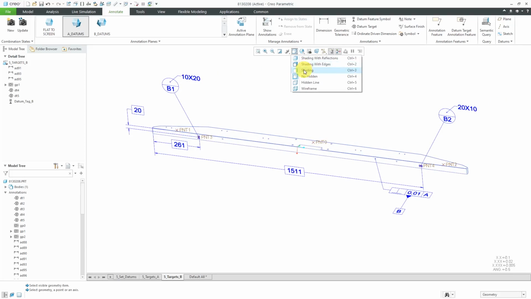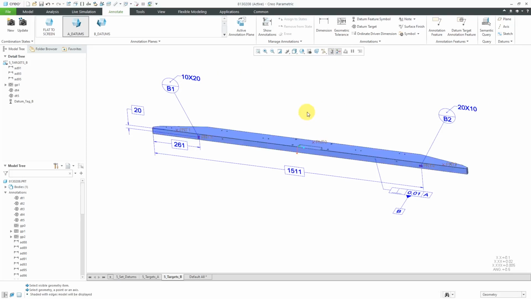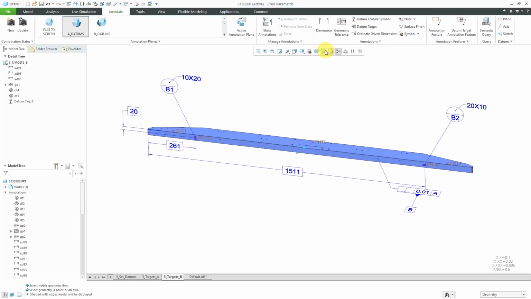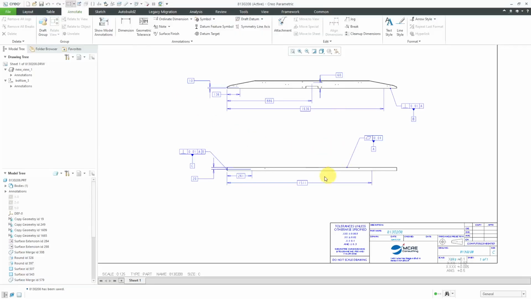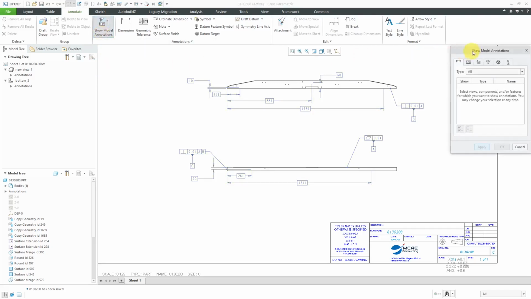Let's go back to our shading with edges mode in here. I'm happy with that. Let's turn off our datum point display. Now we can show these on a drawing. So I have a drawing already started out over here where I have a bunch of the different dimensions and datums shown in here. To show these on the drawing, you'll go to the Show Model Annotations command, and then